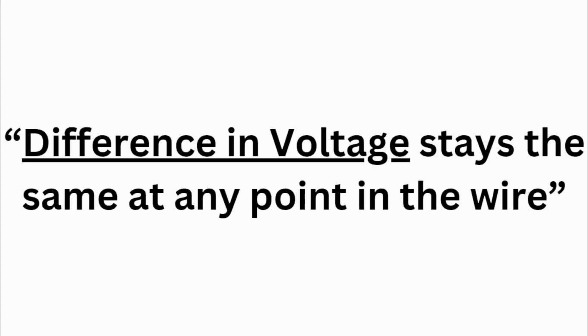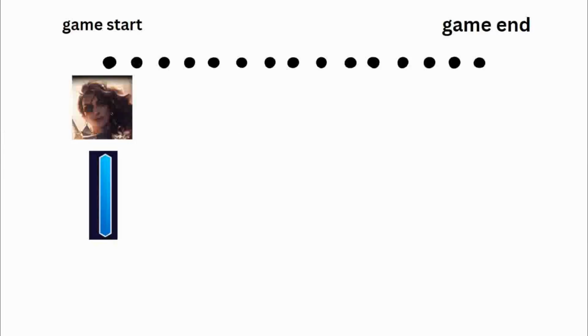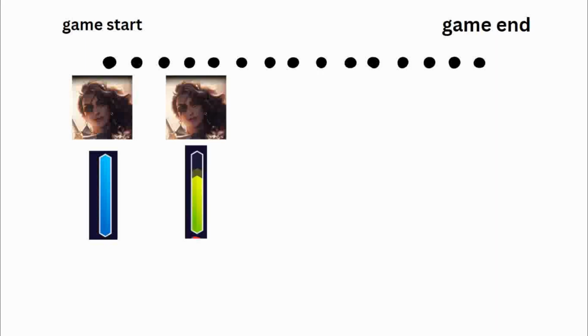Well, really, what this saying is trying to say is that the difference in voltage stays the same at any point in the wire. Now, to fully explain this, let's try to use the MOBA carries analogy again. So let's say we want to compare a carry at the start of the game versus 5 minutes in the game. So at the start of the game and at 5 minutes of the game, we'll try to see, okay, what's the difference? At the start, the carry has done nothing, 0 kills, 0 damage, they've used none of their potential at all. But 5 minutes into the game, they've already got 1 kill. And you can say that they've used a little bit of their potential.